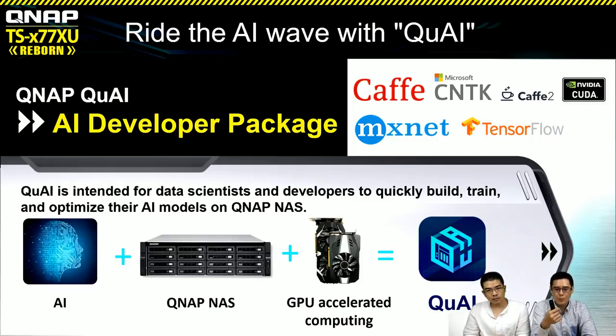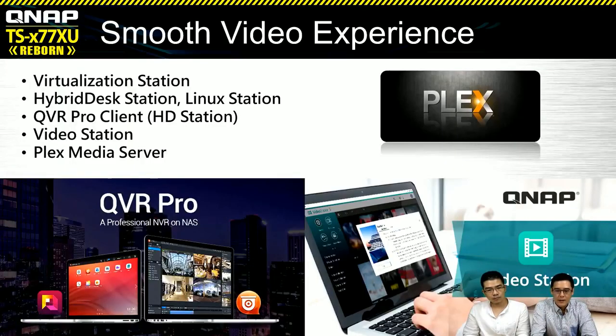It helps you to speed up your AI training process. Okay. And the second part is